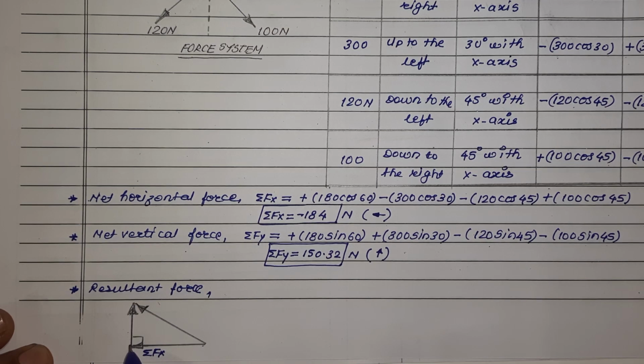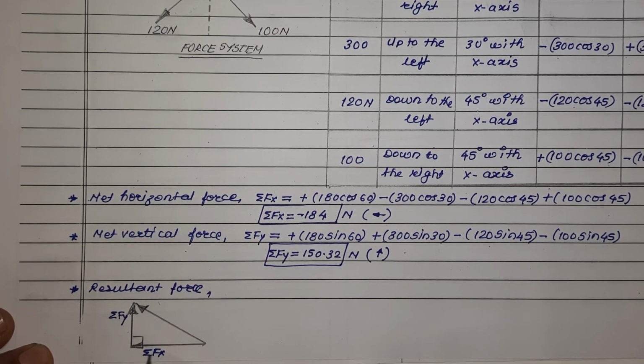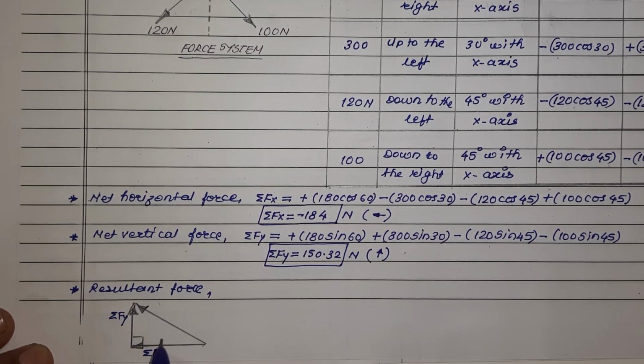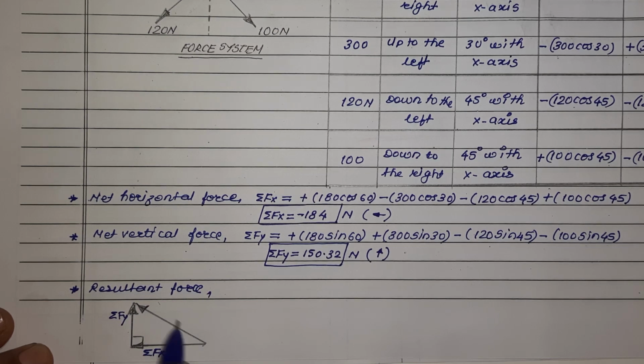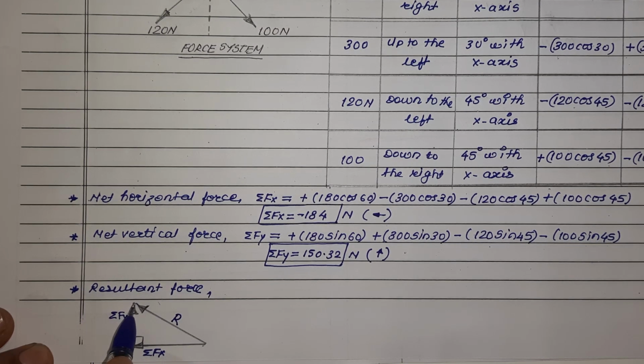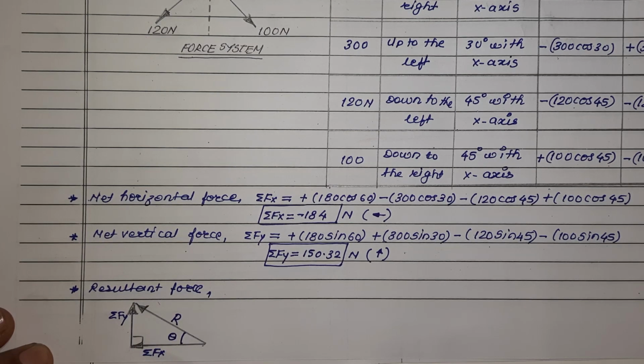Hence, it has been drawn vertically upward. So this is sigma Fy. So it has formed these two sides which are mutually perpendicular. The third side would represent the resultant of these two forces but taken in opposite order. Hence, we have drawn this force, which we call the resultant, from the first point of this figure up to the last point. This is called taken in opposite order. The angle made by the resultant with this horizontal will be termed theta.